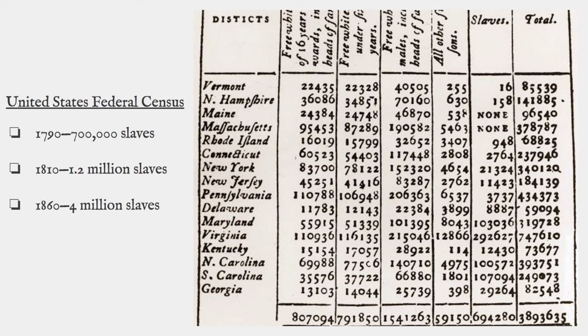And when the Constitution is ratified, it's 1788. So 20 years after that is 1808. That's when the international slave trade is abolished. So the population in 1808 is 1.2 million. There are 1.2 million slaves in the U.S. So in 18 years, it's almost doubled, right? It's almost doubled. It's called a peculiar institution.